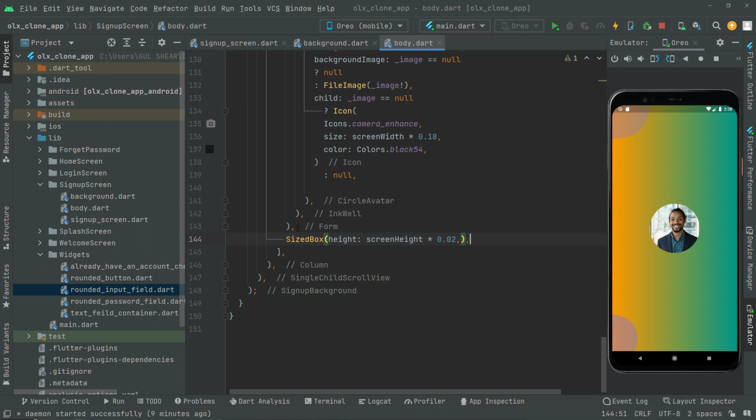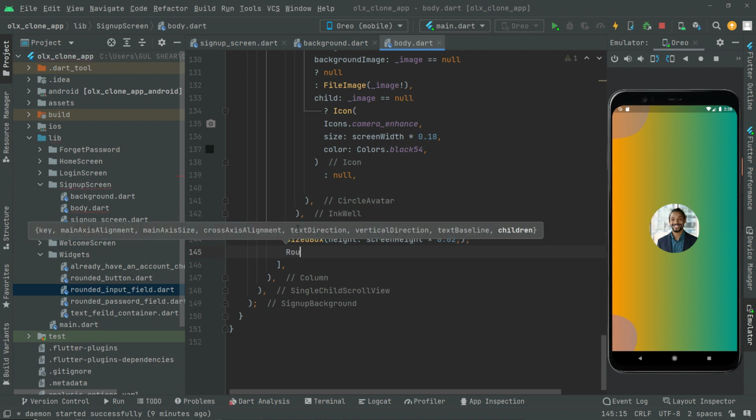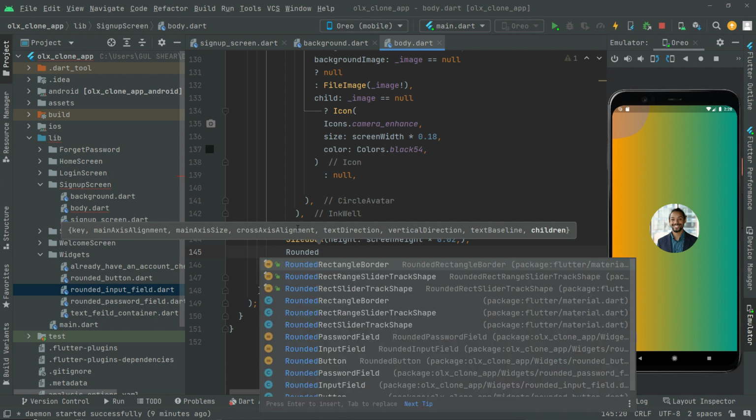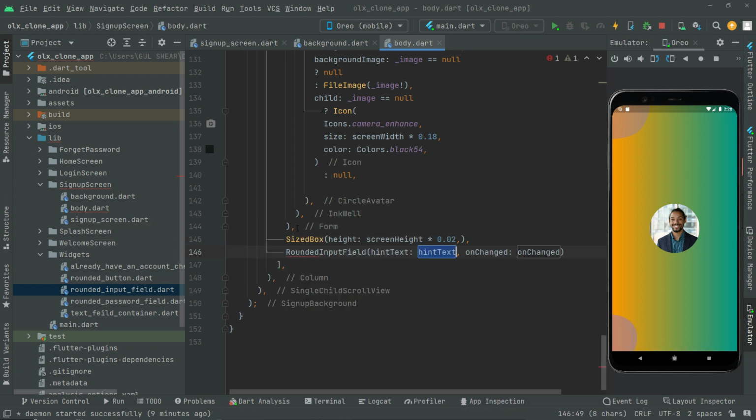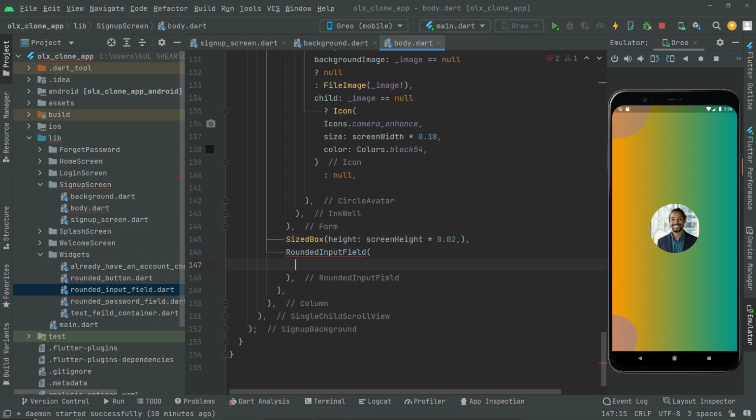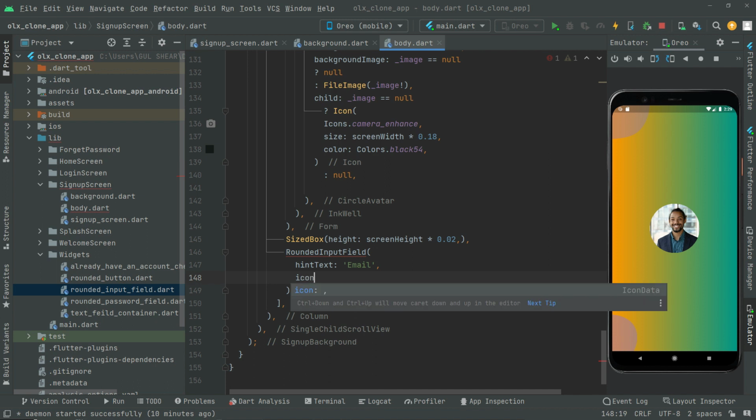In here added and comma, then tag this down, then we say rounded input field. As you guys can see the suggestion right down in here. So it's going to take the hint text, and on change event, for now we're gonna just remove that and write it in here comma first, and then take this down. In here let's provide the hint text, we're first gonna create it for the email. So in here string first, and then we say email. Here's gonna be the hint text,